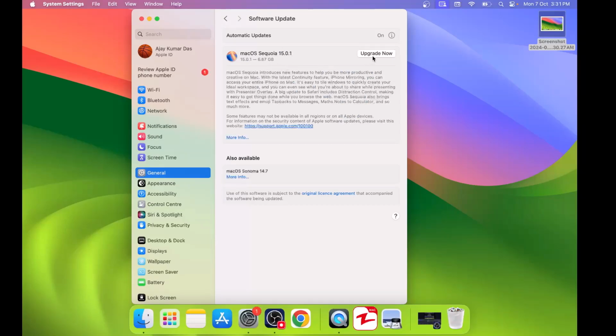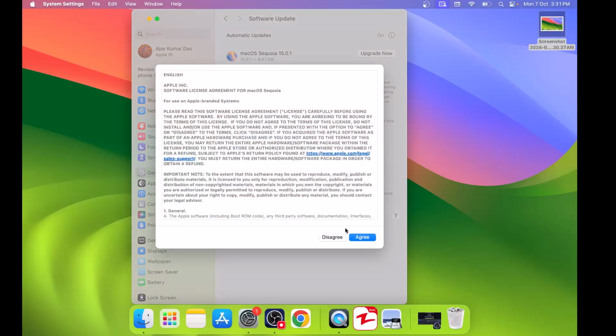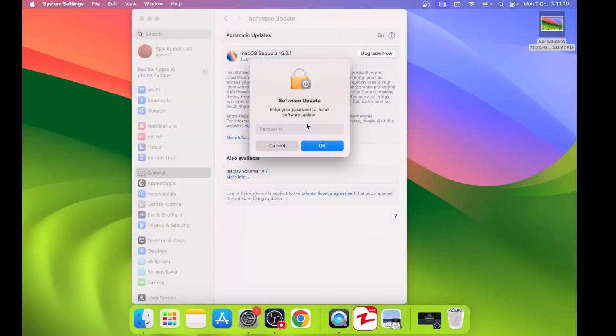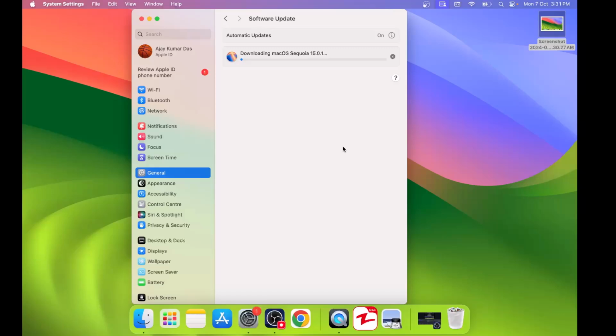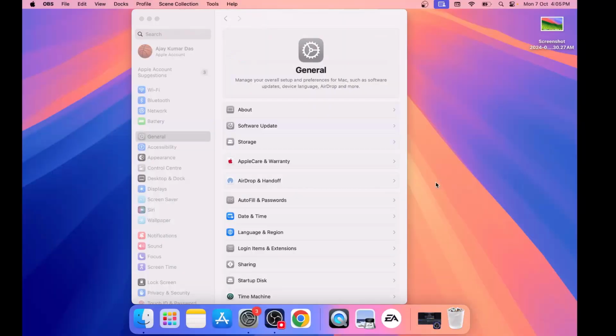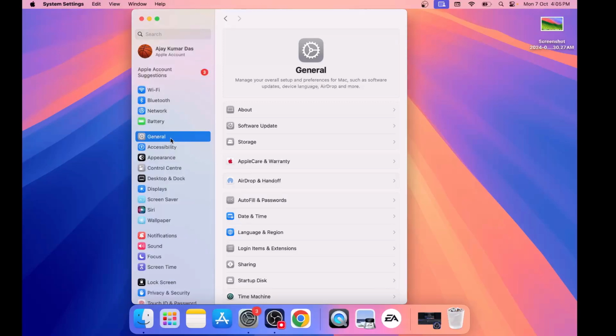Now you can click on Upgrade Now and click on Agree, and then enter your Mac password and then click on OK, and here you can see it's downloading, and once the download is complete, it will install the update. Mac will restart during the update, and after the restart you can go to General and you